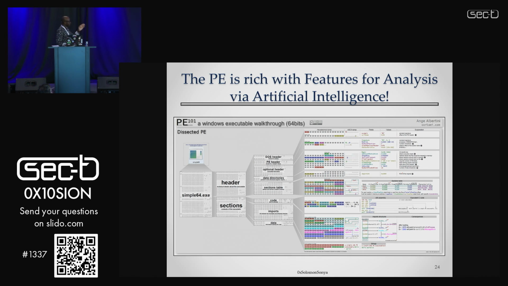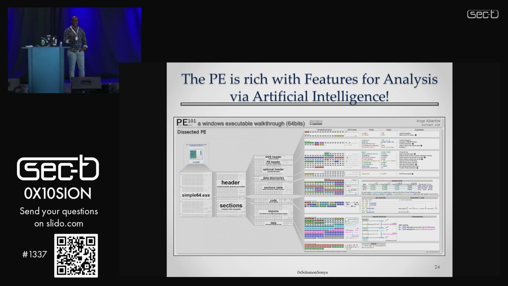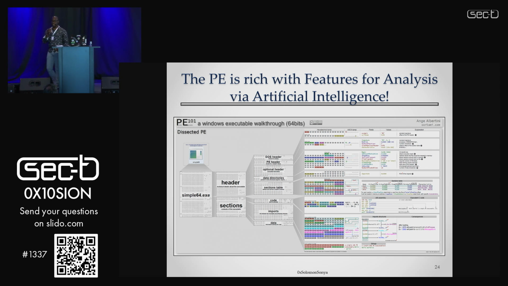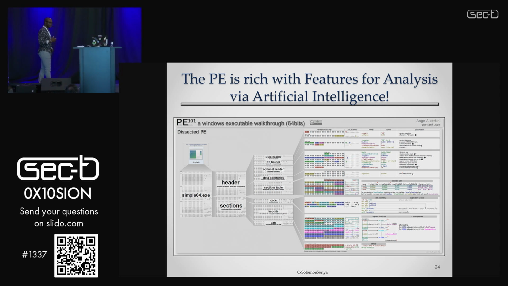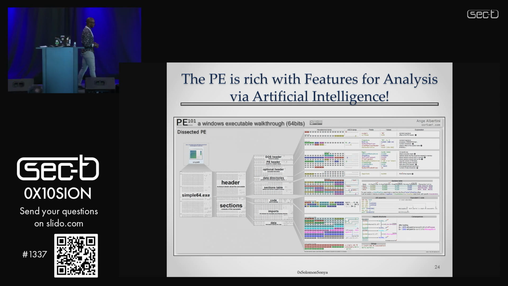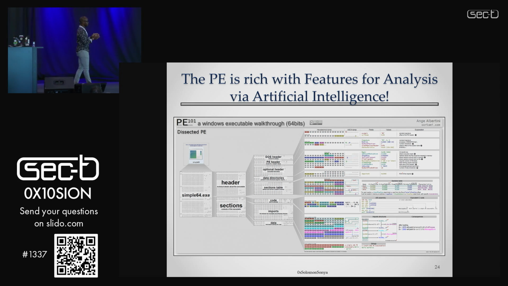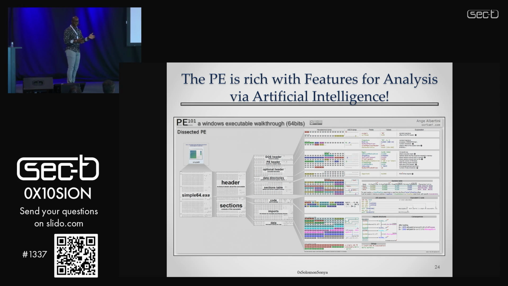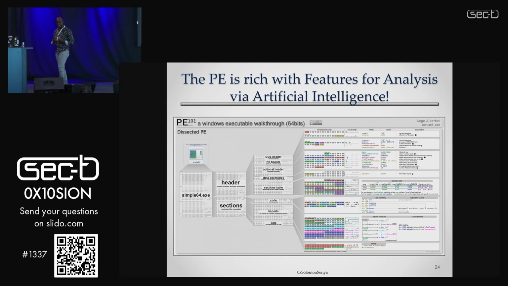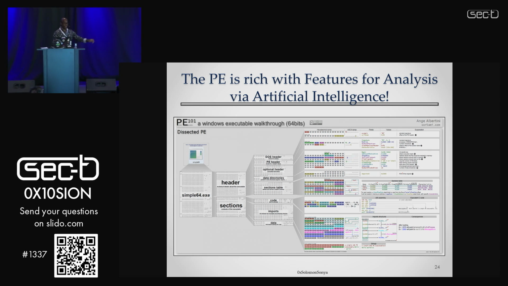So to start with, if we look at a PE, a portable executable, a Windows binary, the Windows binary structure is rich with features that we can analyze. We can extract these features. As I mentioned, things like size, import address, header, the actual object code, the way the code is written, all of these are features that we can standardize. So we can extract these features, we can standardize them, we go through our workflow, then we can feed them into our models to determine what specific family this malware might belong to, or different characteristics about the malware.